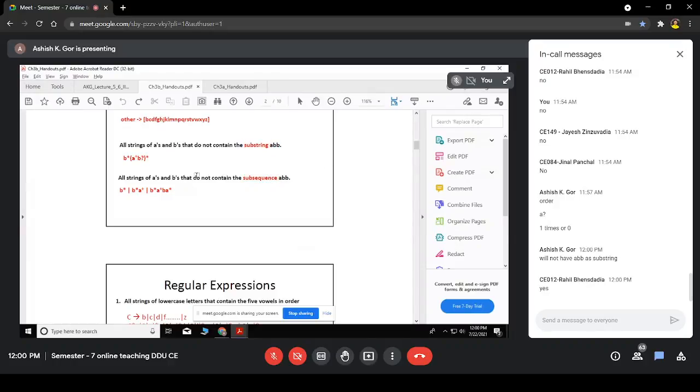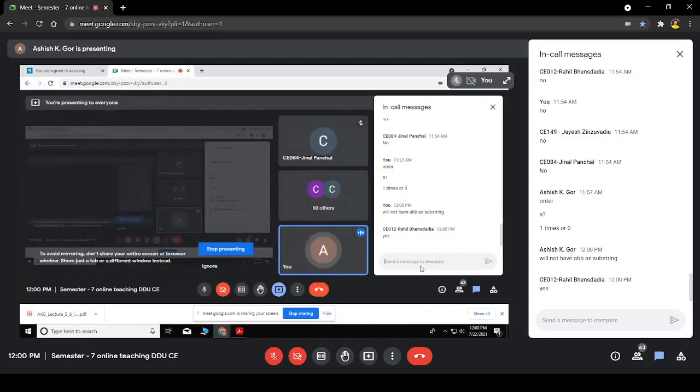I do not want subsequence ABB. See, here the subsequence ABB is possible, because if you take it like this, ABB as a substring is not possible, but subsequence ABB is possible, because this string